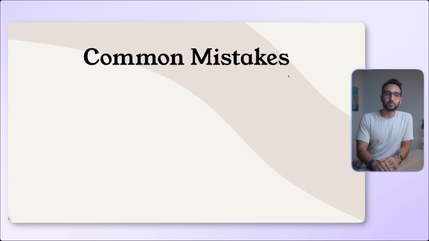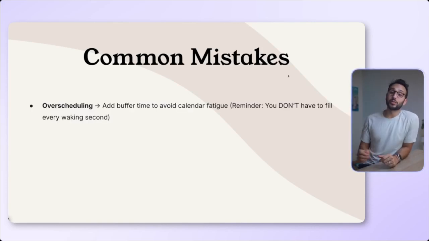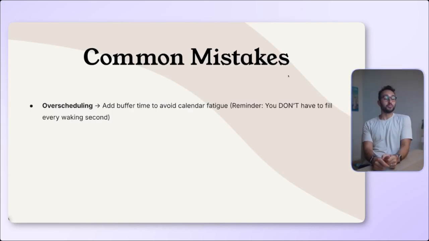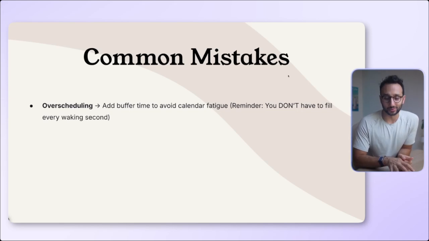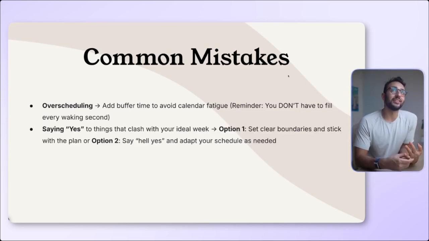A couple of common mistakes that people make with the ideal week: firstly is overscheduling. It is very useful to have buffer time built in. It's very useful to not plan absolutely every second, because then you can get a lot of calendar fatigue. The other thing is, should you say yes to things that clash with your ideal week? I like the philosophy of it's either a hell yes or it's a no. If someone is inviting me for dinner and it's not a hell yes,